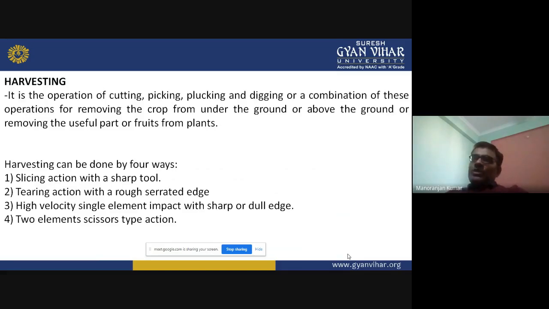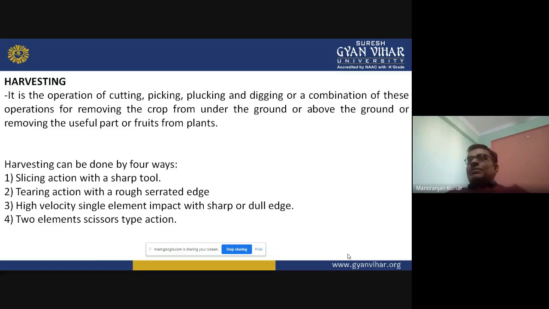So this process is known as harvesting. All these activities come under harvesting.